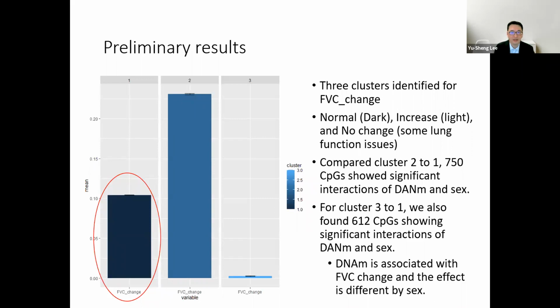This is the preliminary result from our IOW data set. This is FVC changes. We identified 3 clusters for the FVC change. The normal one, the dark group, is a normal group. And this light blue is the increased group. And this is a no change group, which means that